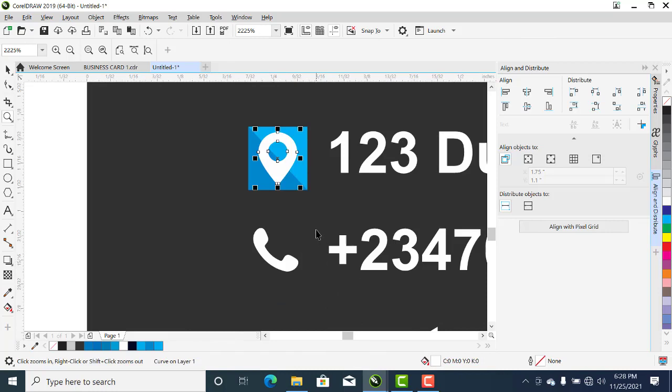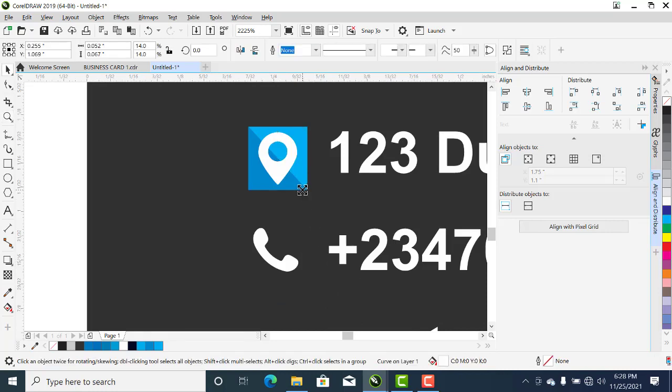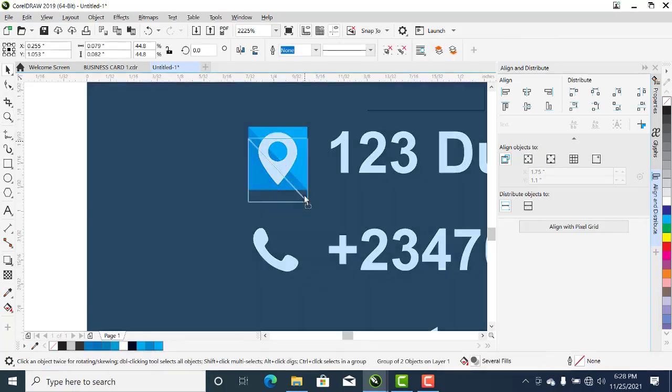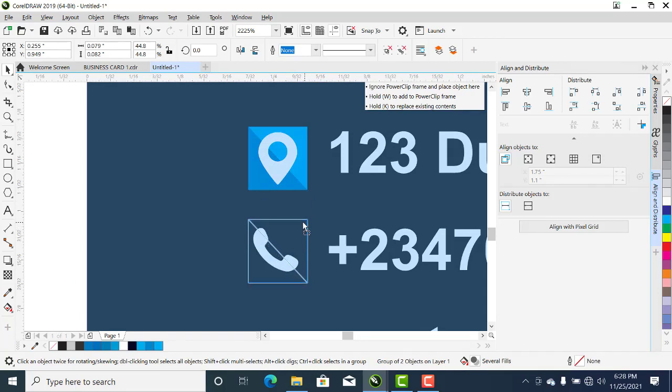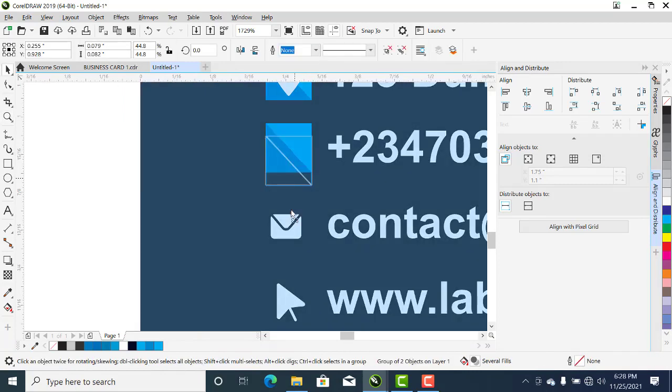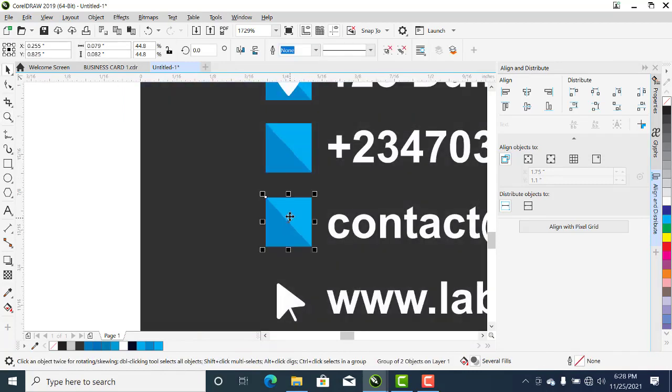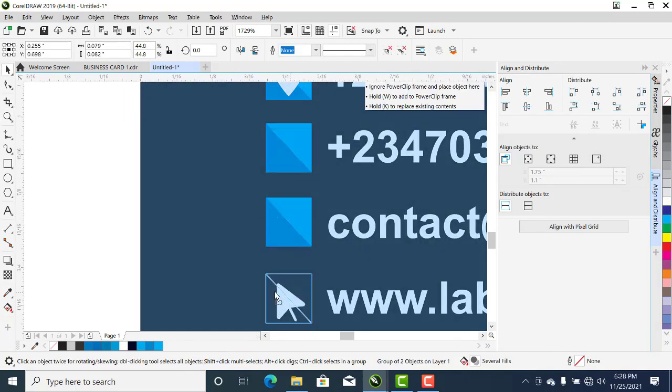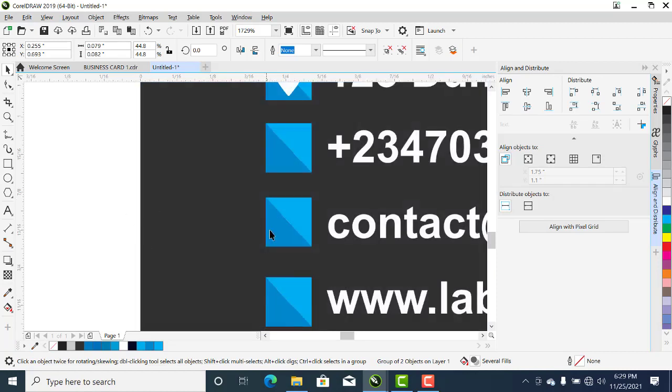Okay, so I can decide to, let me just duplicate this. Okay, so I want to believe you know how to duplicate by now. So good. All right,